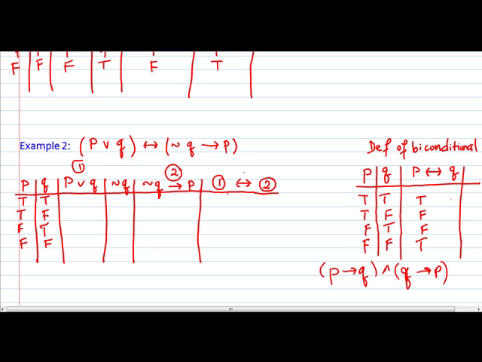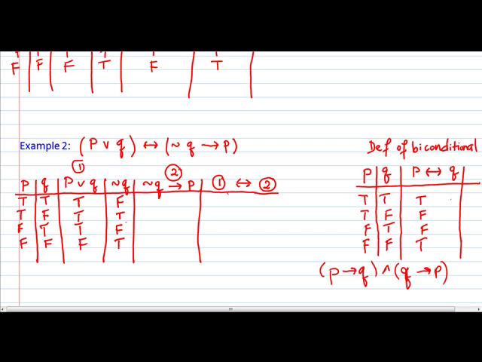To shorten the writing, I'm using this statement here, which I call statement 1, and this is statement 2. So I put 1 if and only if 2, which is these two columns here. This is "or." So P or Q: true or true, true. True or false, true. False or true, true. False or false, false. This statement here has not Q, so we negate Q. We negate this column, so I have false, true, false, and true.